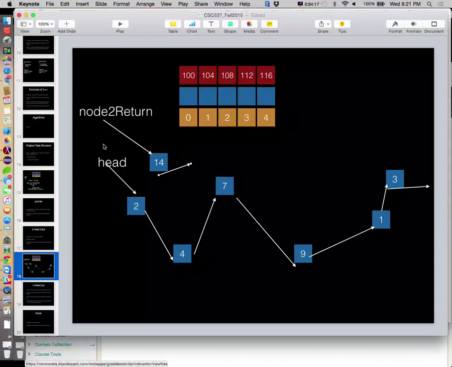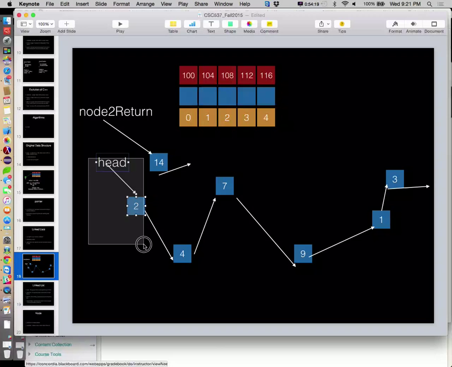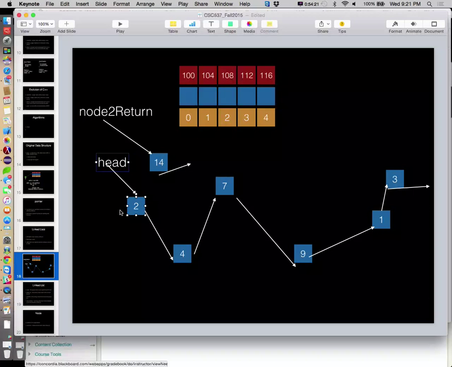So now it looks like this. My new linked list is intact. Head points to the correct place, right? My node to return is sitting right here. We still have access to him, so we've preserved that so that we can move head. And we've completely disconnected this guy so that automatic garbage collection from Java can come through and clean him up, since in a modern language like Java, unlike C and C++, we're not responsible for cleaning up our own messes.